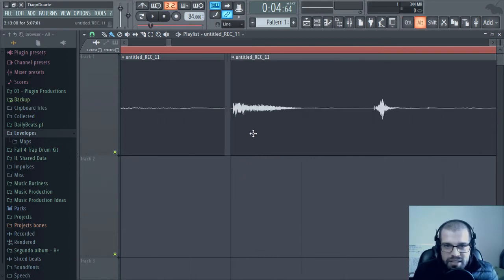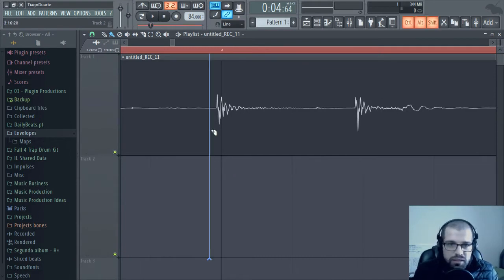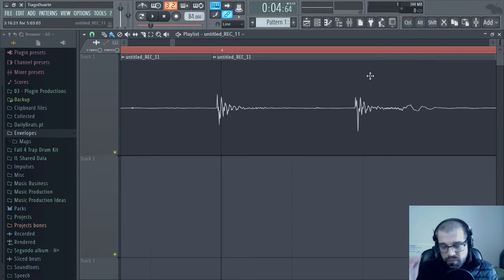But you can see that even the smallest noise can interfere with your recordings. So let's go ahead here and cut this. As you can see, I'm just clicking on both, how can I say, both Control and Alt, and or you can either click on both